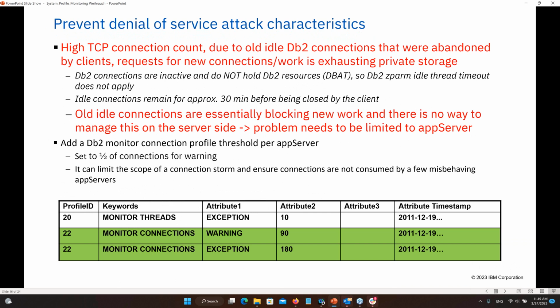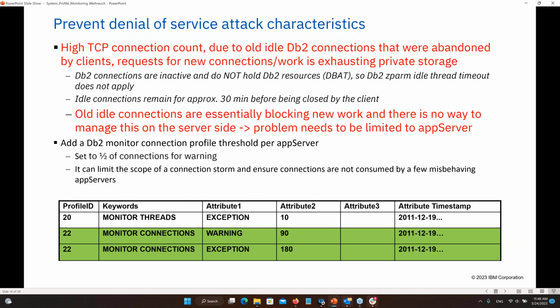But what can be done, and this was our recommendation, to protect DB2, because in this specific case the whole COS came down, which was pretty severe. We said, you know exactly which application uses outdated connection pool software. So just put an entry in a profile table, so you can monitor it and issue a warning, and you see the green line in the table below. We said, okay, set it to 90 to start warnings, and